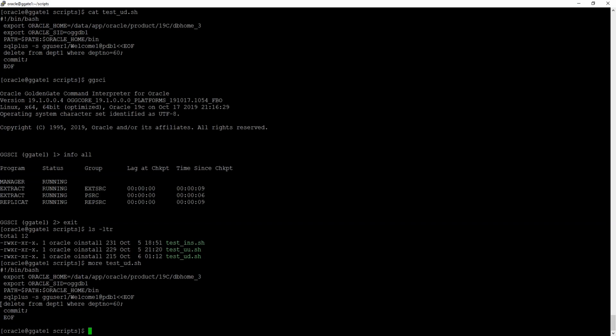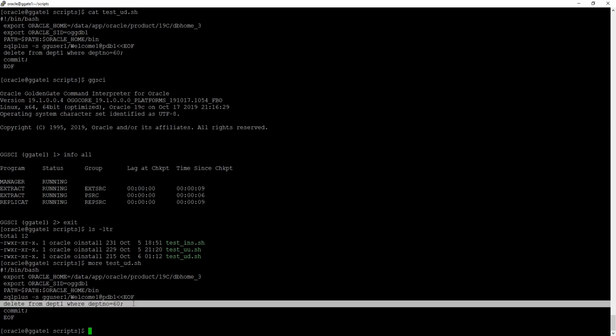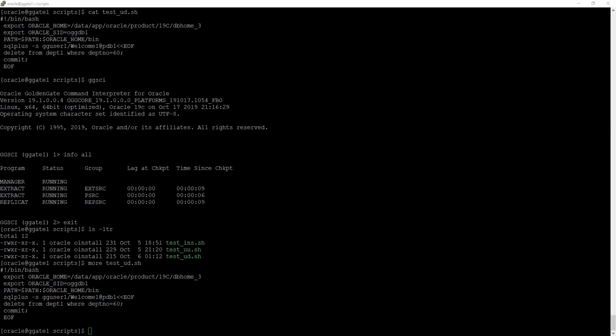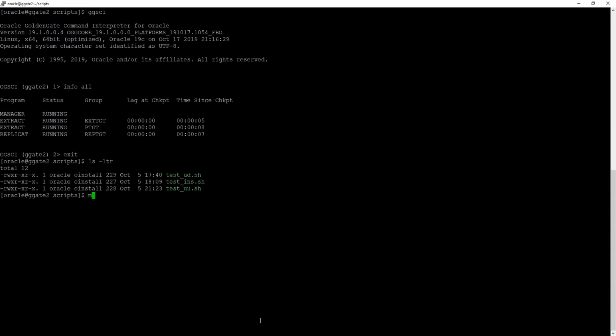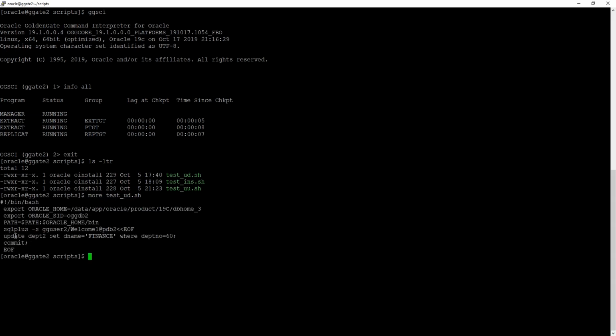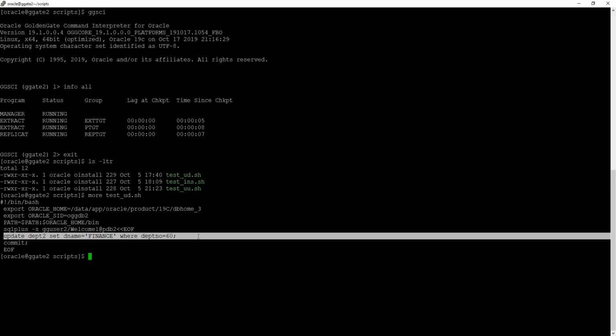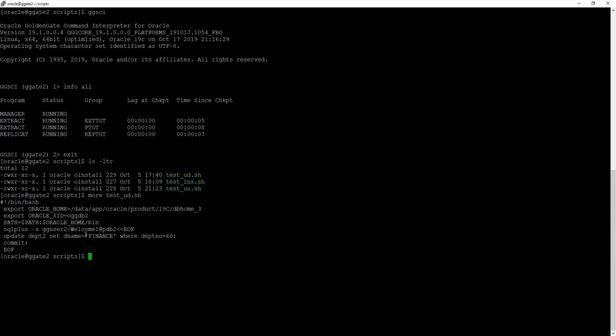Okay, this is trying to delete where department number is equal to 60 from ggate 1, and the corresponding script on the ggate 2 is this thing: update dpt2 set dname equal to finance. We are trying to set the dname as finance for department number 60. Okay, and the time is